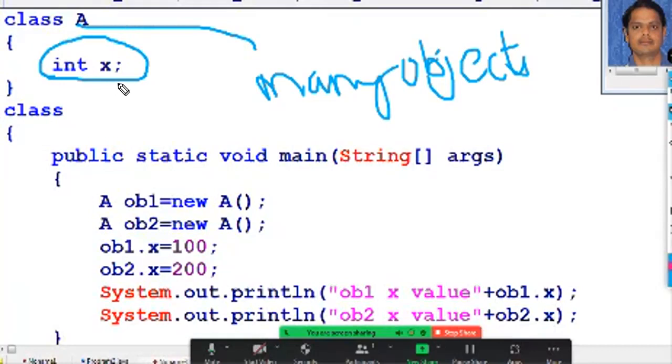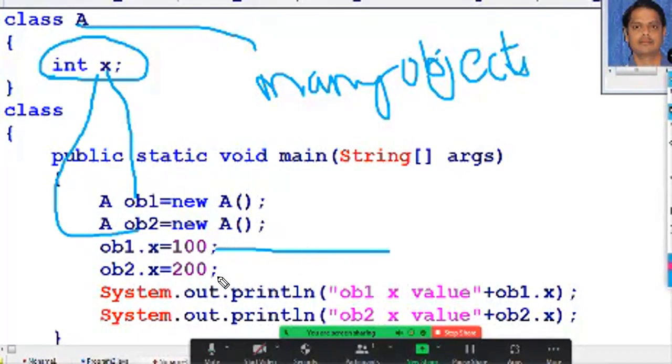For every object, it allocates memory separately. With respect to ob1, x memory is different. With respect to ob2, x memory is different. So in ob1 memory, the x value will be 100. With respect to ob2, the x value will be 200. Understand? The thing will be different. Not the same memory location.